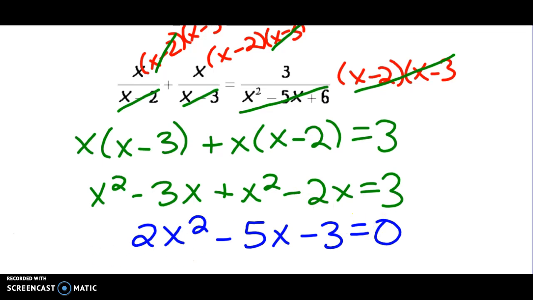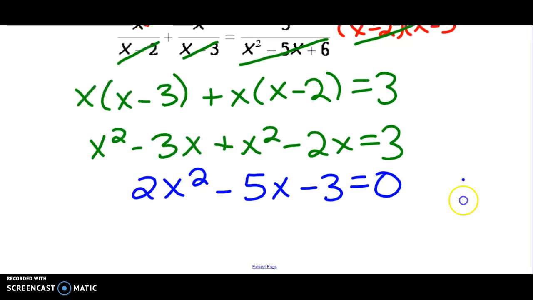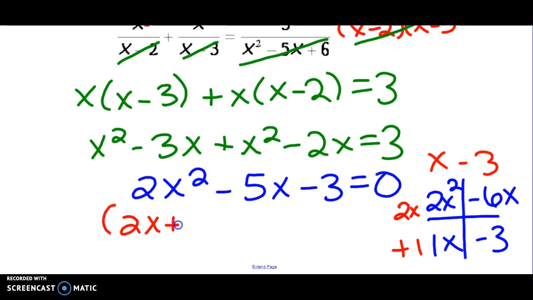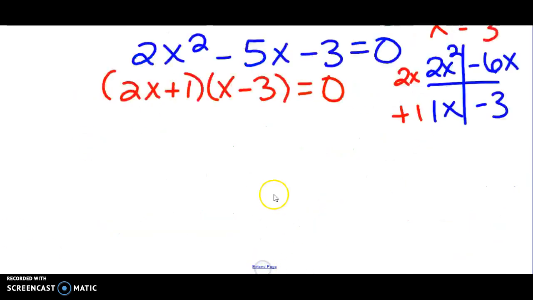And that factors, you might need to use your factor square. Factors of -6 to add to -5 would be -6x and 1x. And that would give us a 2x, x minus 2, and then x minus 3 and plus 1. So this factors to 2x plus 1 times x minus 3. So that gives us solutions of